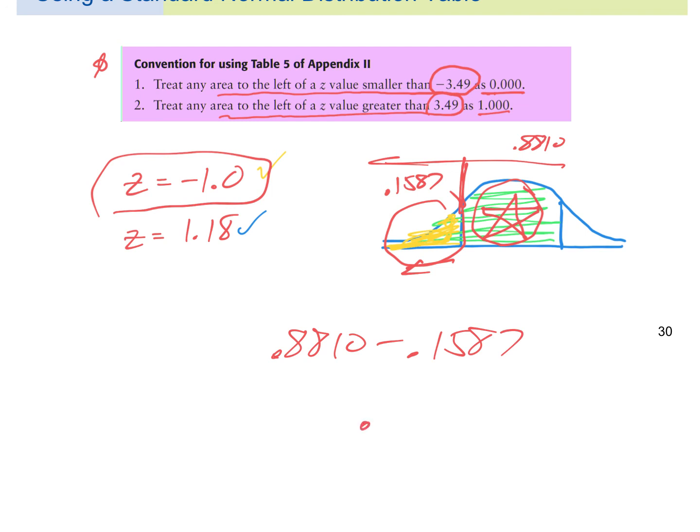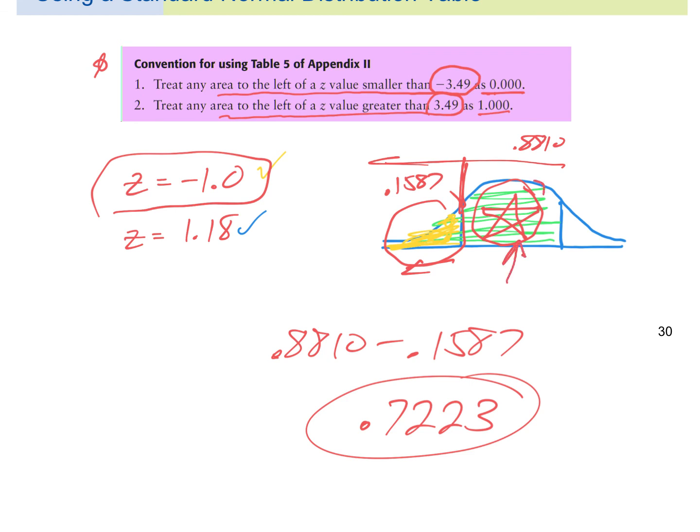So that is 0.7223. So the area of this green shaded in between where this red star is 72.23%. Okay, and that's pretty much everything in 7.2. How to read the chart, how to find a z-score by taking raw data minus the mean divided by the standard deviation, and then the three different